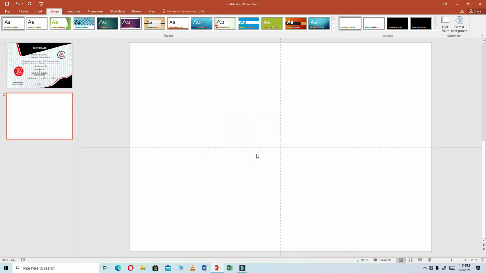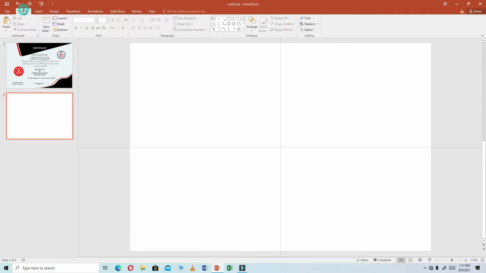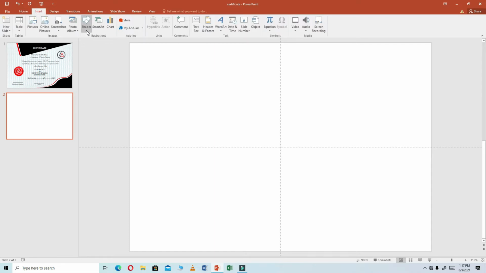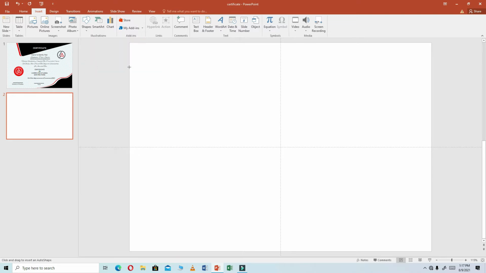Okay, so let's continue. If you want to see these guidelines, you will come here to view, and then you select guideline, or I can click also the grid. You will see how it is, but for now we are going to use guidelines alone. So let's begin. Click here on home, then insert. You insert shapes. So we are going to select this shape here, rectangle with round corners, and then I'm going to click here and